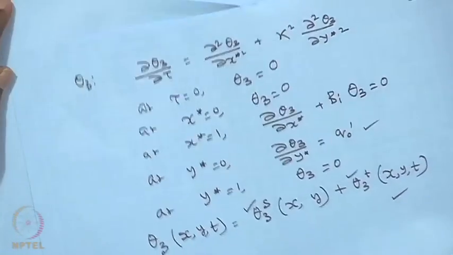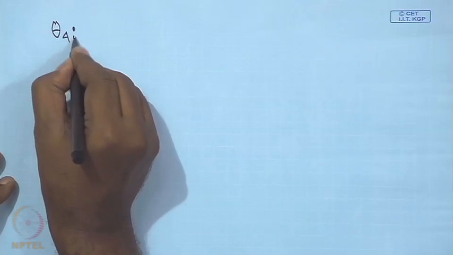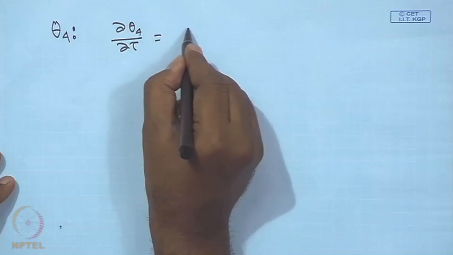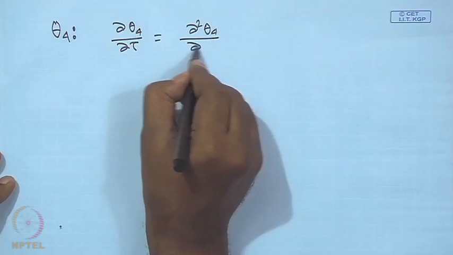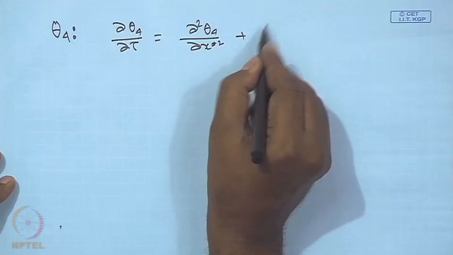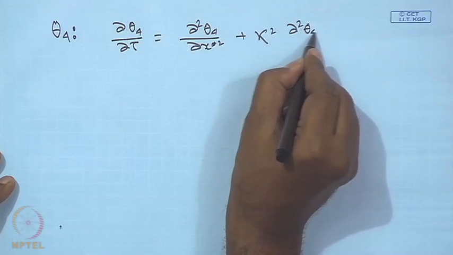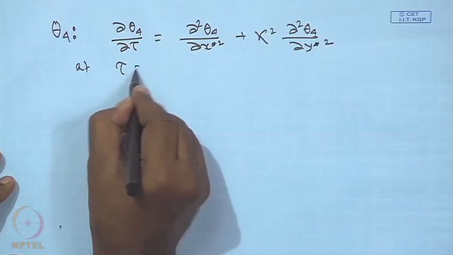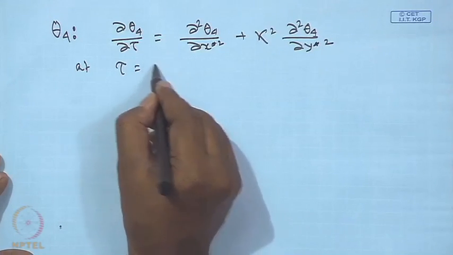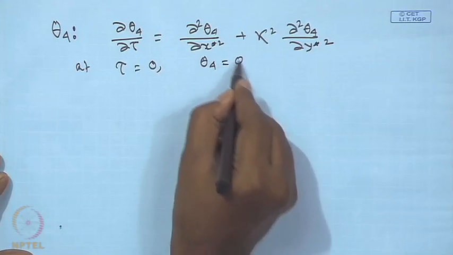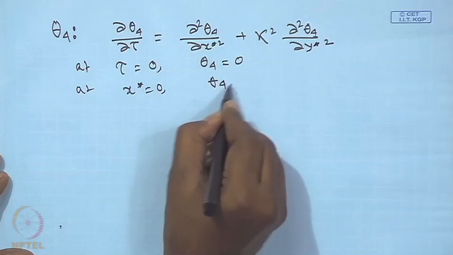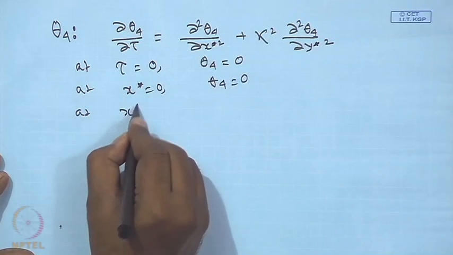Next, we look into the formulation of the sub problem theta 4. That will be del theta 4 del tau is equal to del square theta 4 del x star square plus kappa square del square theta 4 del y star square. Now, we keep one non-homogeneity here and force the others to vanish. So, at tau is equal to 0, theta 4 is equal to 0; at x star is equal to 0, theta 4 is equal to 0; at x star is equal to 1,